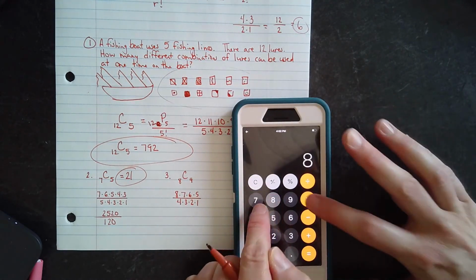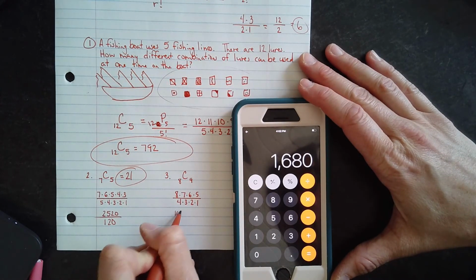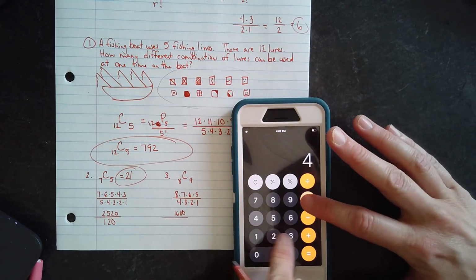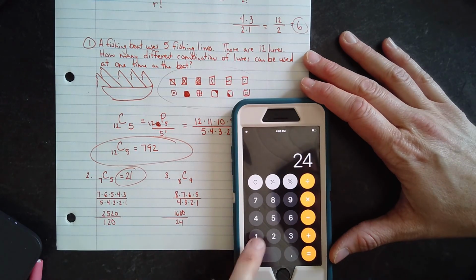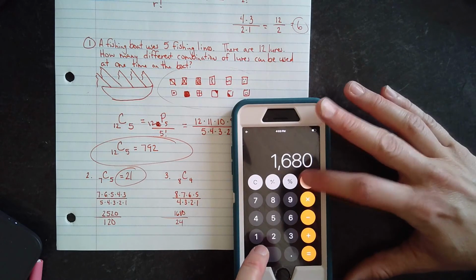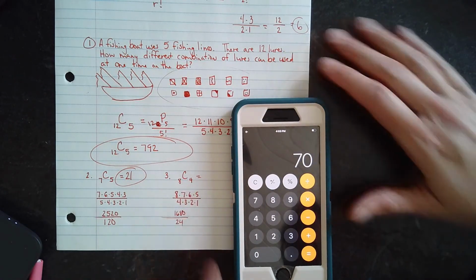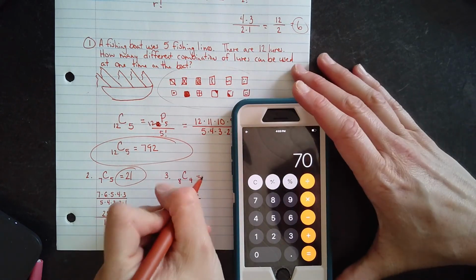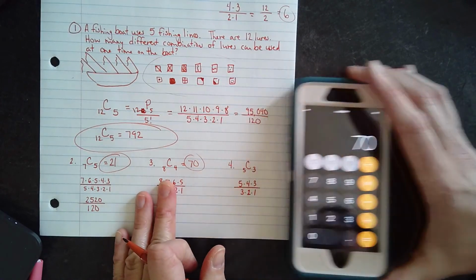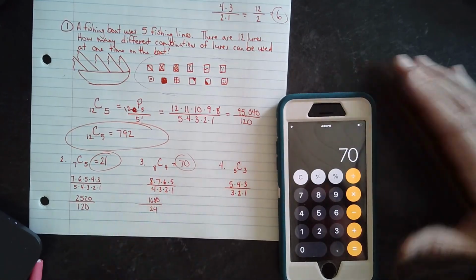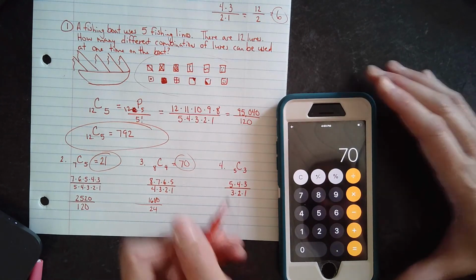For this one, we have 1,680, and it's going to be over 24. So 1,680 divided by 24. So when you have 8 objects and you're taking them 4 at a time, there are 70 different combinations you could come up with. And then finally, when you have 5 objects and you're taking them 3 at a time,